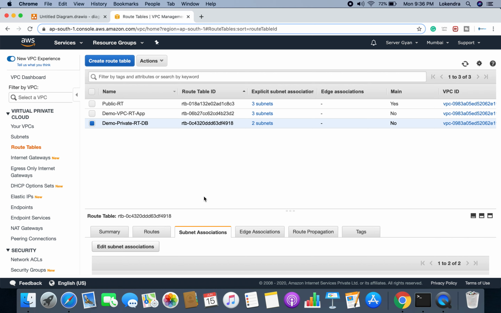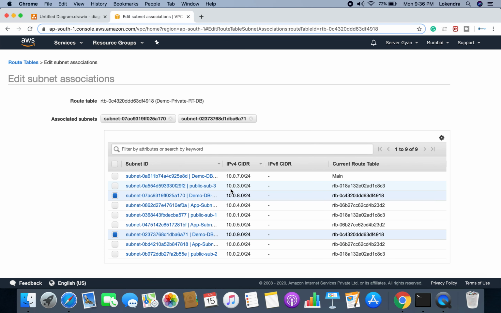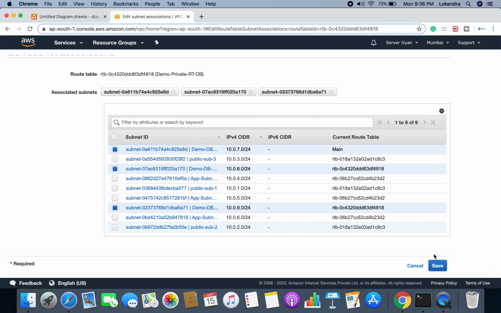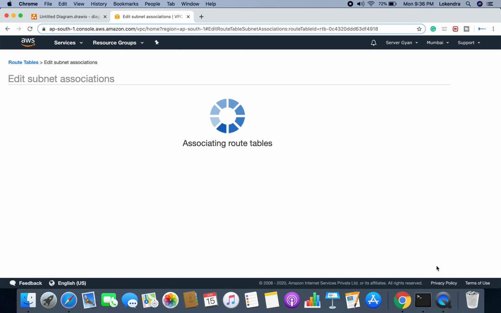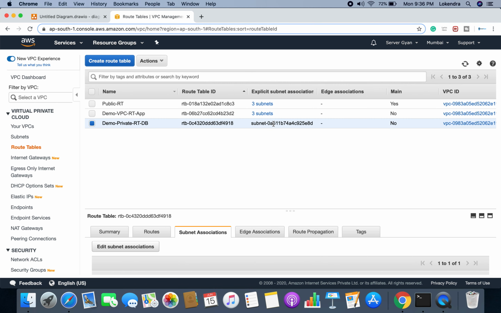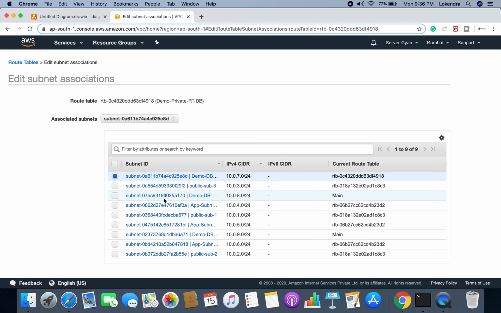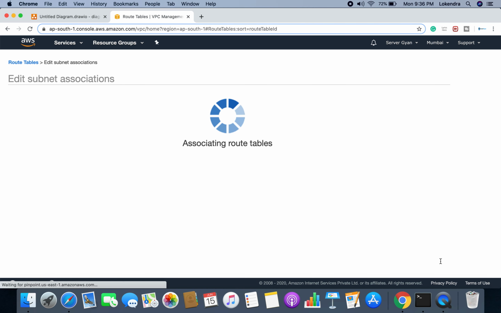So that is it, what I wanted to do. Okay, there are 2 subnets only, it means one is still missing. I will have to check that once again. So yes, this one. So I will have to configure these 3 subnets here. If I want I can remove this. So 7.0, 8.0 and 9.0 are already associated. I will add this one only. So guys, if you see right now, okay, my bad. I have to select all the 3 which I want to associate. So right now all 3 are selected, and I will associate them now.